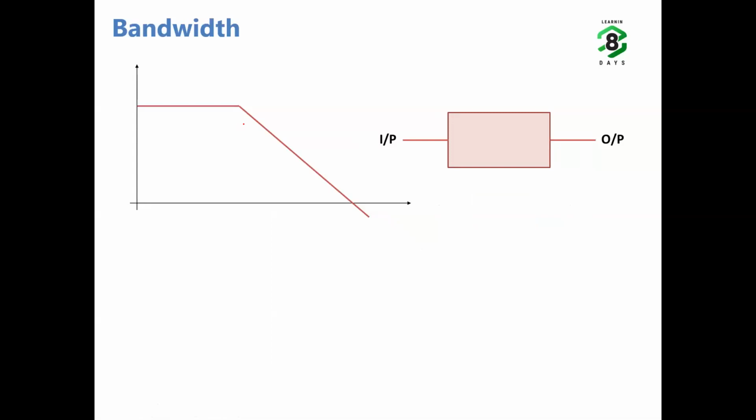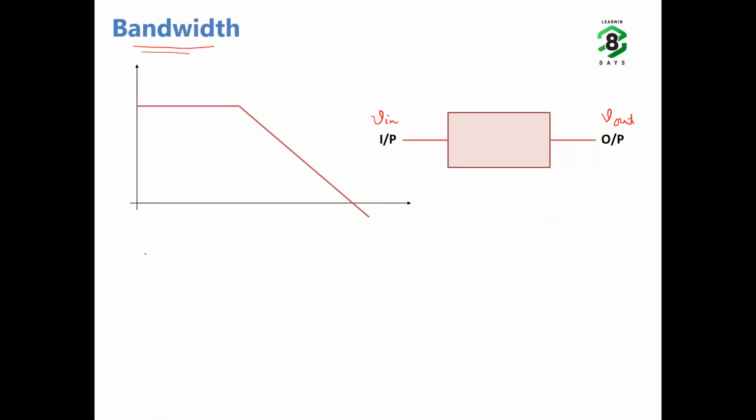So in this lecture, we'll understand a very powerful concept that is called bandwidth. Once we understand bandwidth, then we'll look at the definition of bandwidth for op-amp. So imagine we have an electrical system. We're applying some input voltage V in, and we are observing the output voltage V out.